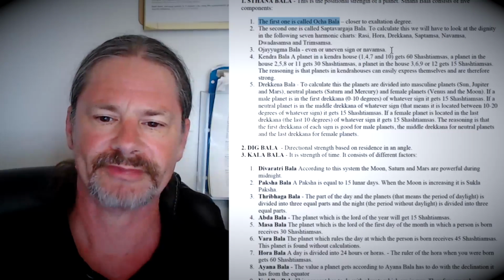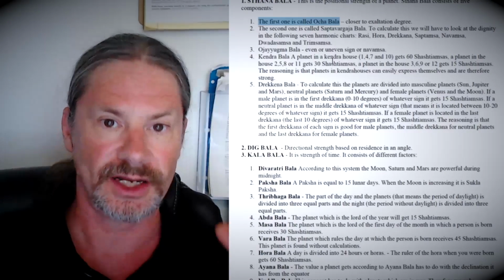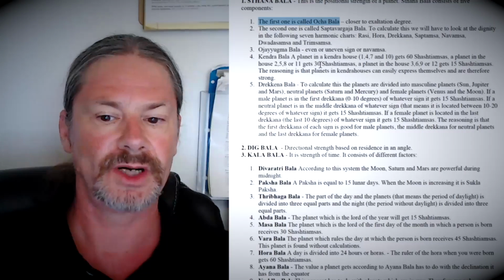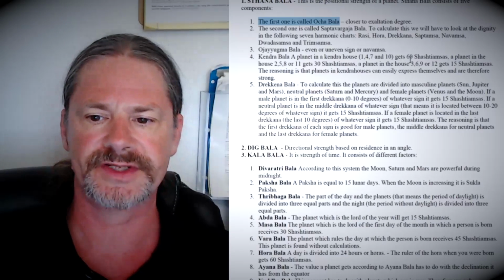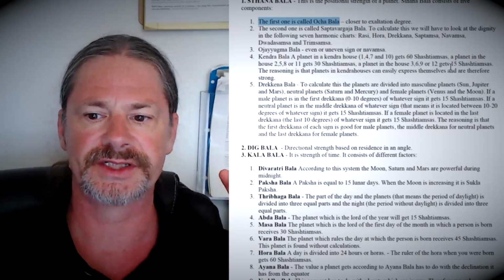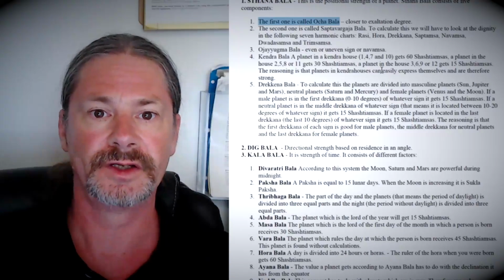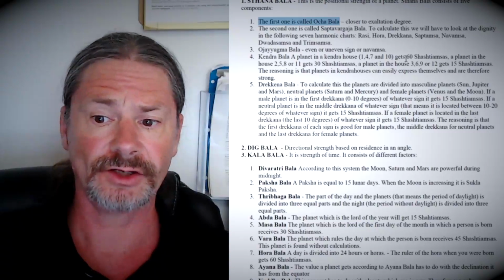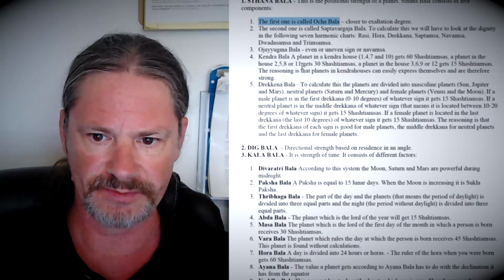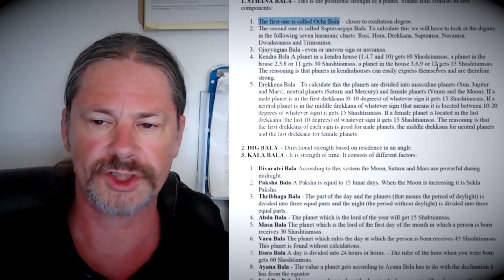Okay? So Kendra Bala is the planets in the Kendra houses 1, 4, 7, and 10 have strength, and then planets in 2, 5, 8, or 11 get 30. 1, 4, 7, 10 get 60 points. 2, 5, 8, or 11 get 30. 3, 6, 9, 12 get 15. So this shows the relative strength of angles, angular houses, 2, 5, 8, or 11, which are called the Panaphara houses, I believe, and then the 3, 6, 9, or 12 are called Apoklima houses, which are the